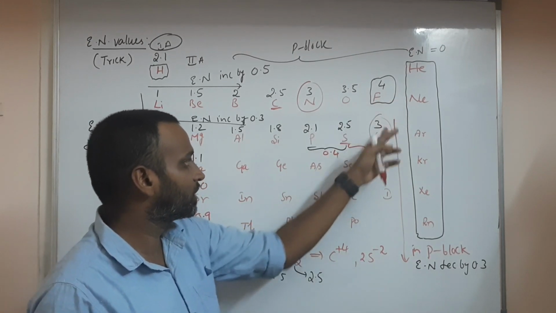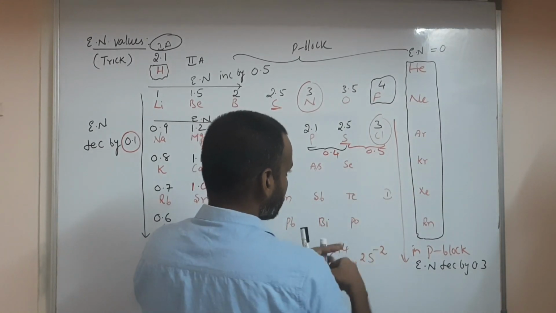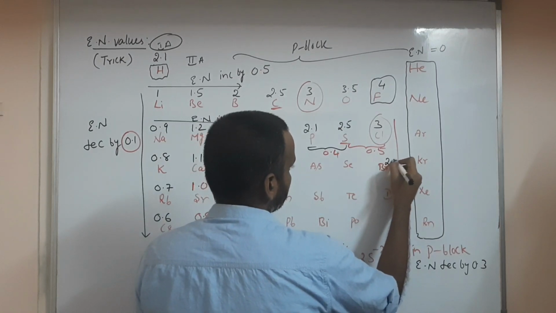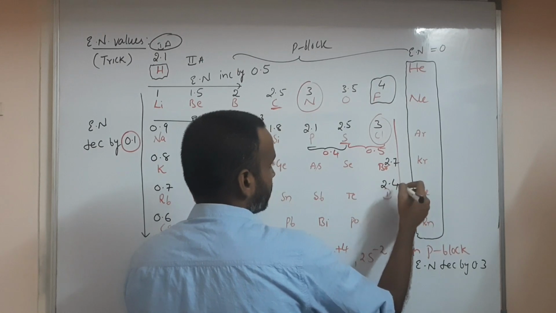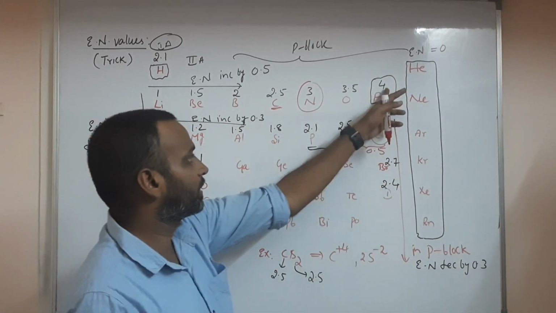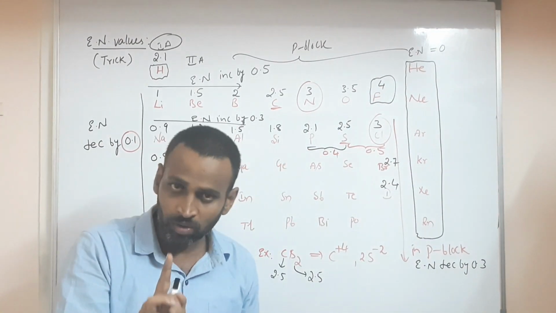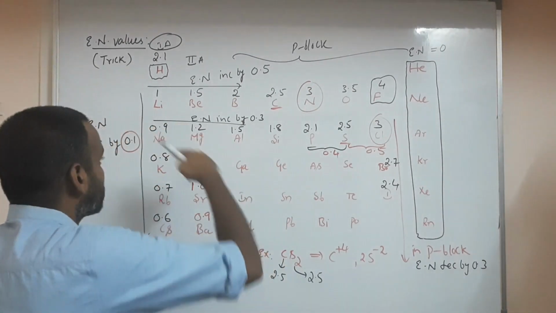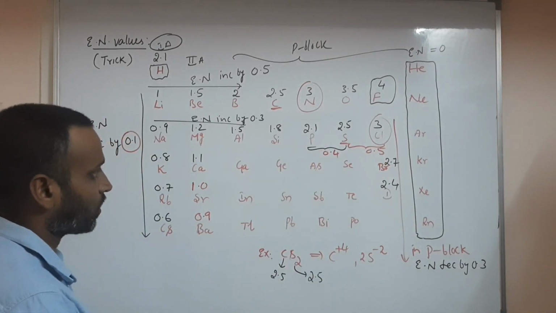So here fluorine 4, chlorine 3. So bromine, how much can you guess now? Bromine electronegativity, how much? It's some 2.7, so it's 2.4, like that. Okay, so don't compare these two, but the remaining atoms I am saying. Don't feel bored. First group you have to consider electronegativity, afterwards second period and afterwards third period. Remaining you can write normally.